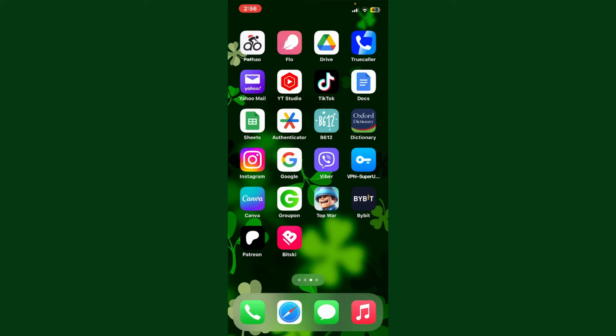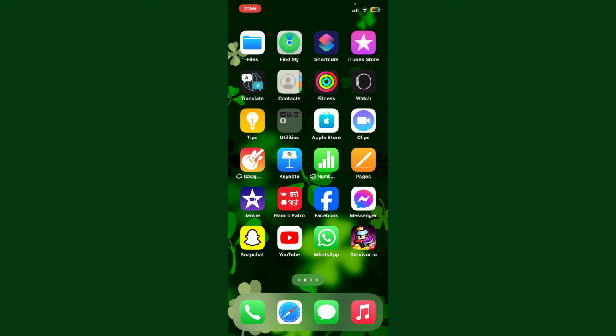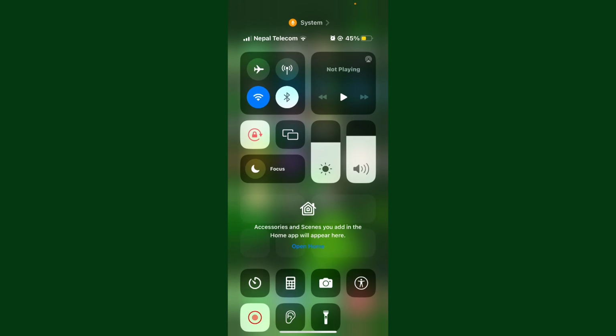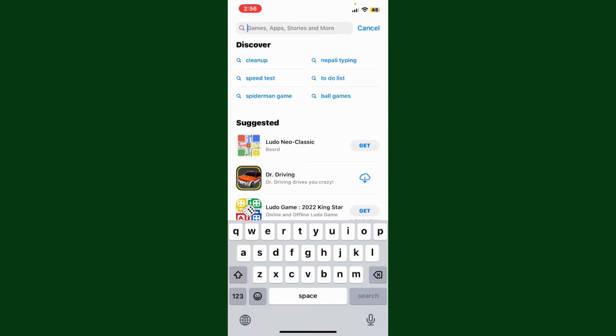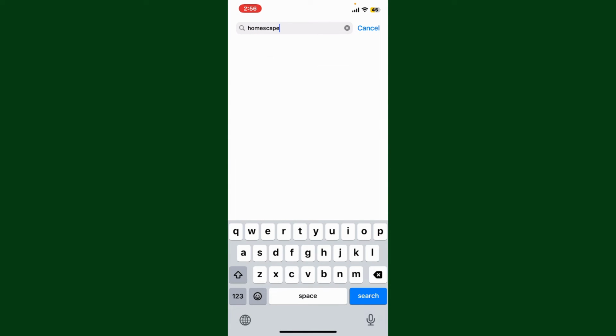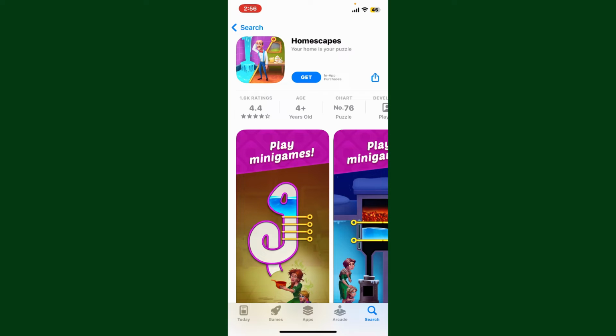To download Homescapes on your iPhone, first make sure that your mobile device is connected to a stable internet, and once it is, launch the App Store. Now into the search box type in Homescapes and search. Once you find the Homescapes application from Playrix, simply go ahead and tap on the Get button to begin the